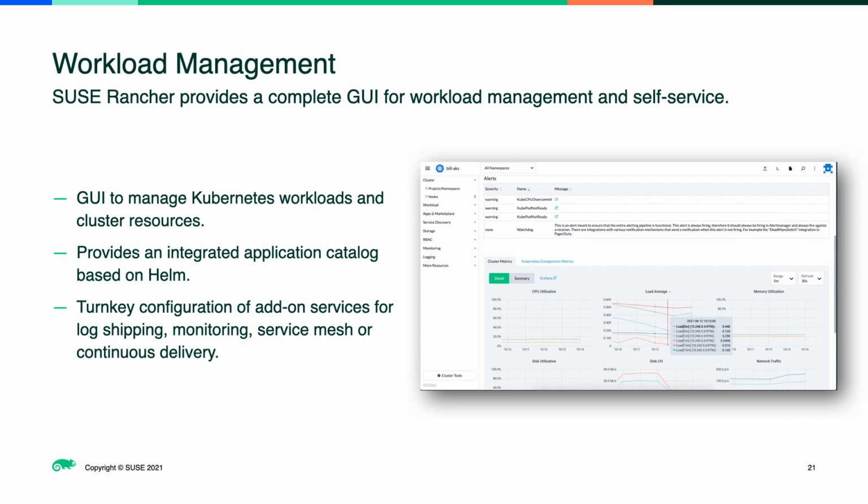Talking a bit more about security, SUSE Rancher is part of the CVE scanning. So all SUSE Rancher images are deployed through an internal CVE scanning process to ensure they are up to date and patched.